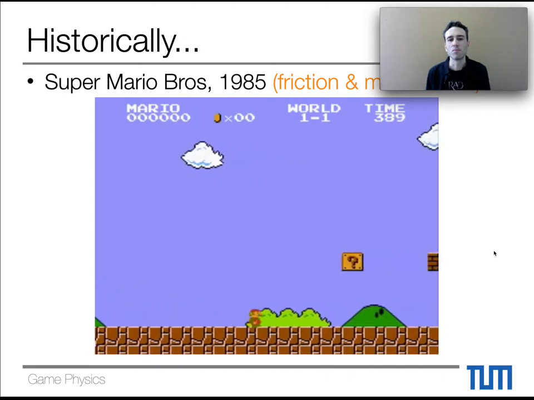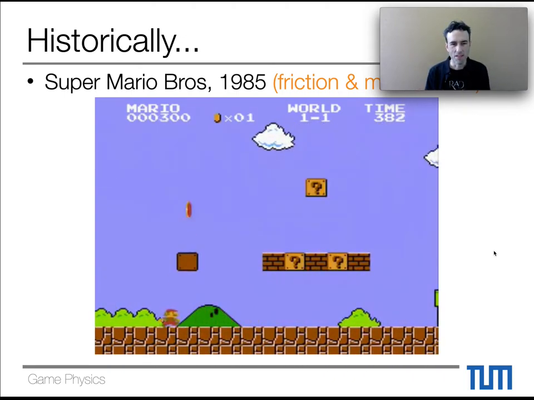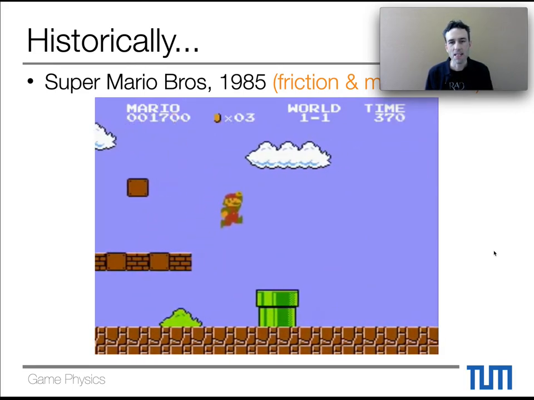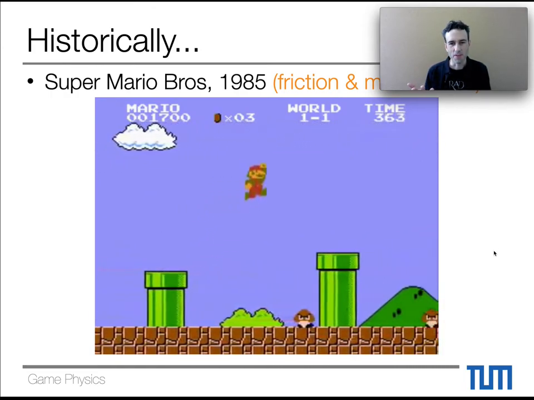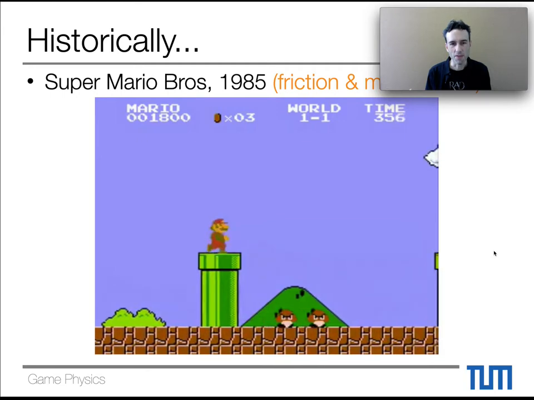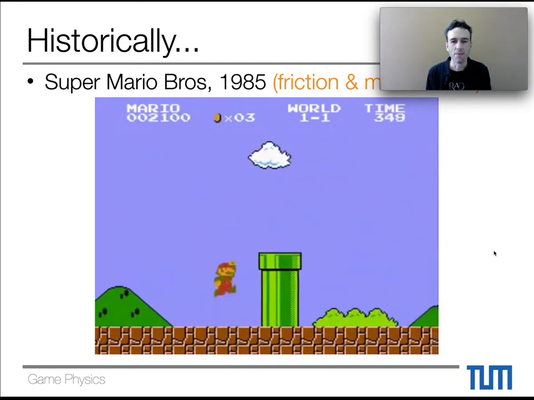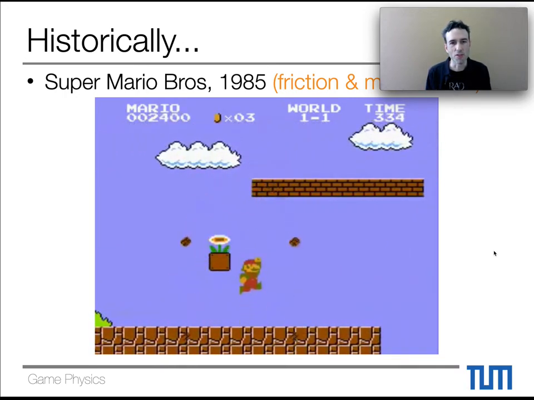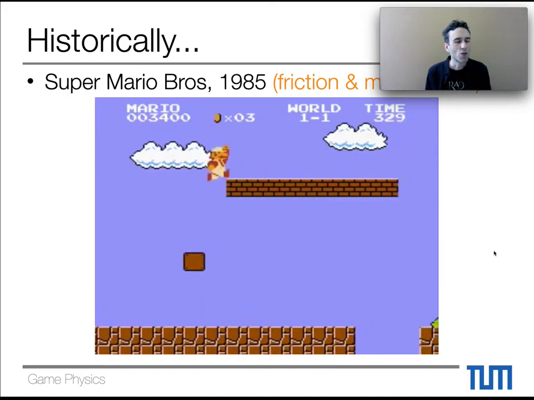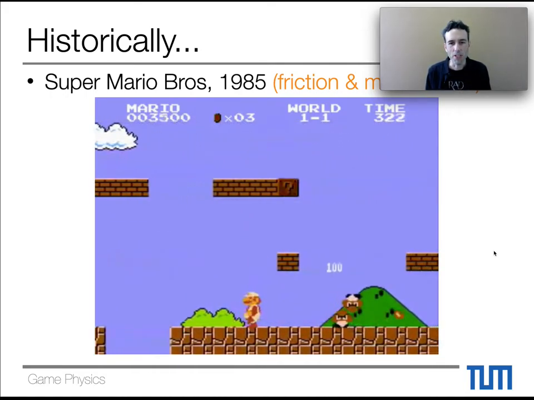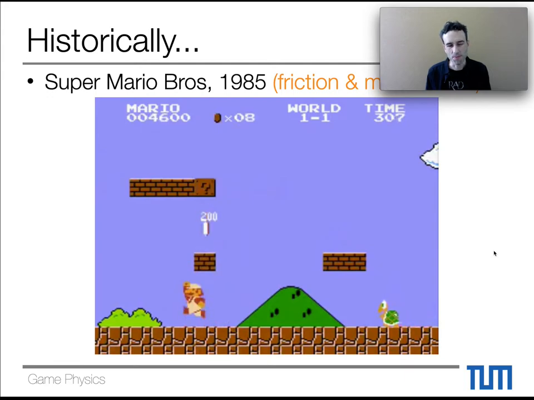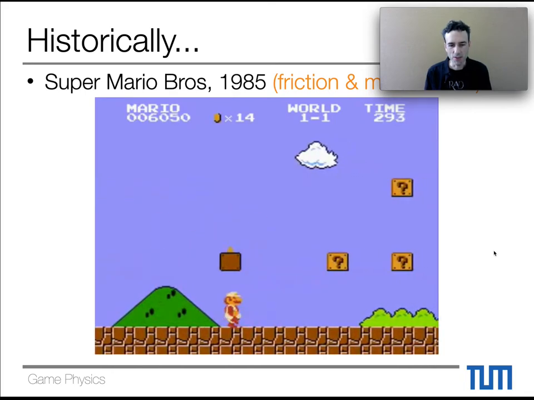This is probably not what you would traditionally mention when being asked about games with physics, but if you look at the history of Nintendo in general, a lot of the gameplay and the interesting components of the games were actually driven by physics, and especially for Mario Bros. In a way, one of the key novelties back then in '85 was the character with its momentum that you had to learn to steer and control on screen. That was a big part of the interesting gameplay.